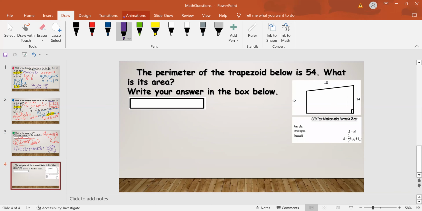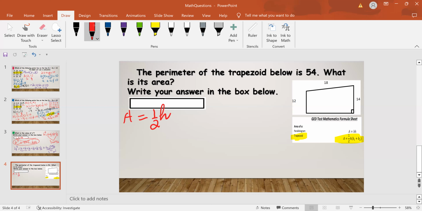Okay, let's continue. The perimeter of the trapezoid below is 54. What is its area? Write your answer in the box below. This question is very important, and your attention is also necessary. In the GED exam, they will give you the formulas, but you have to know the appropriate formula. Here, to find the area of a trapezoid, we need the formula, which is A equals 1 over 2